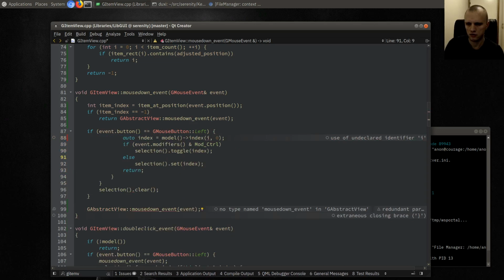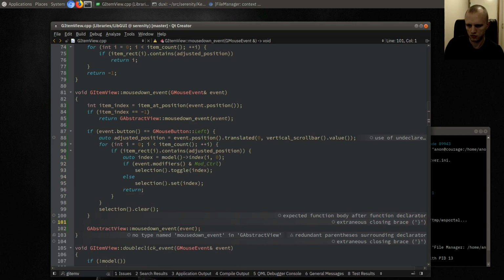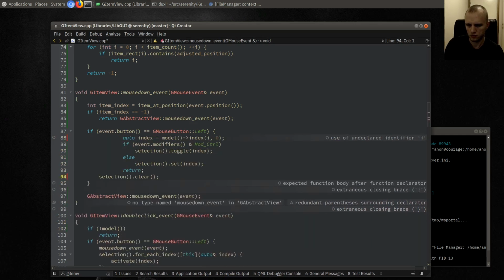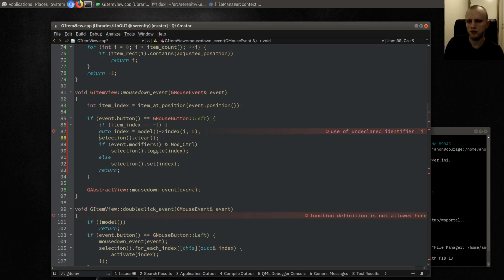Oh, wait, hold on. Oh, we want to clear the selection if you click outside. Right. So, got a little carried away here. Okay. If item index is -1, then we do selection clear,